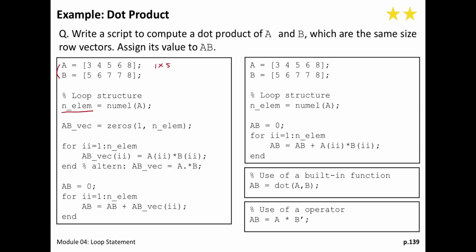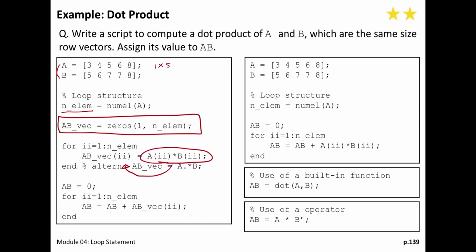Then we initialize the output vector. The size of the output vector is the same as the size of a or b. And then we access